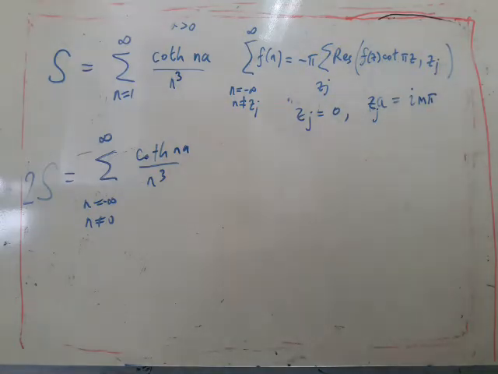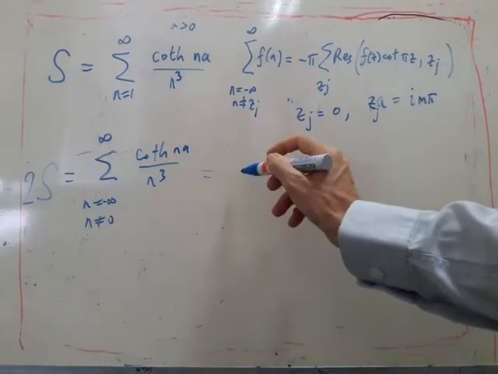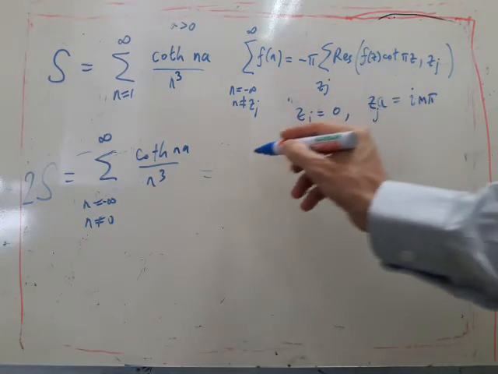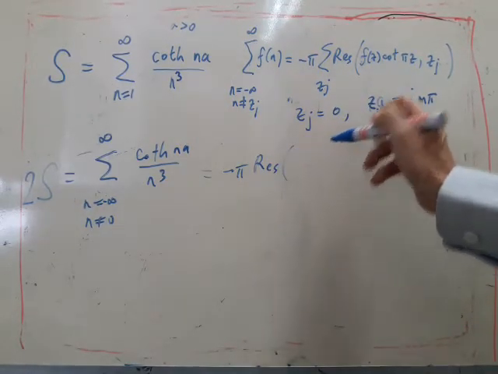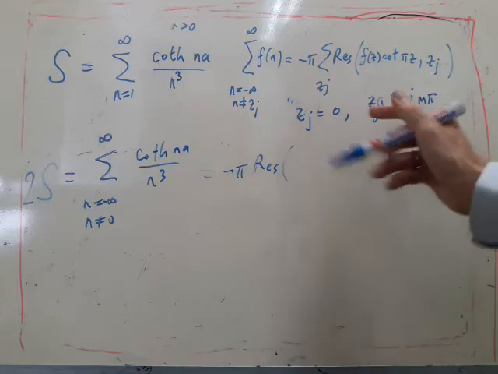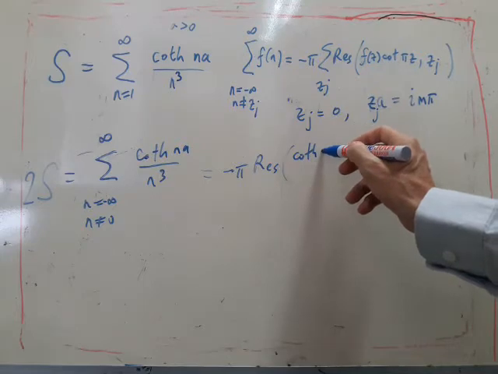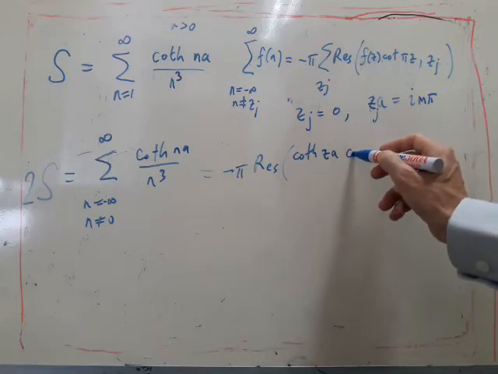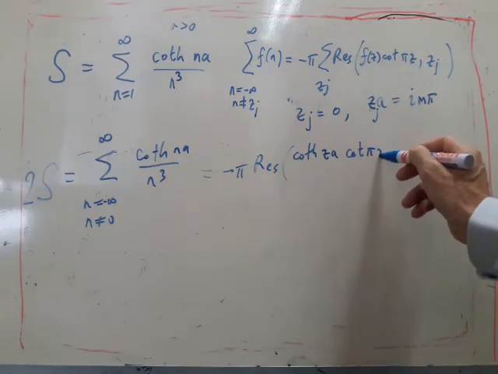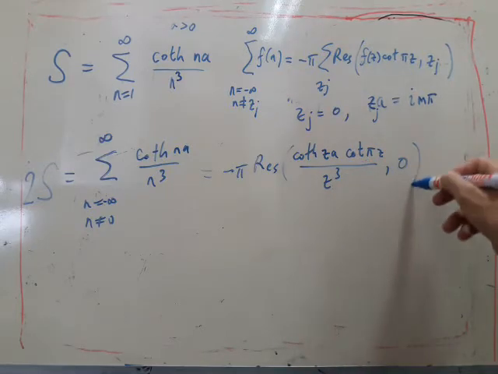Which includes 0, but so we end up with, let's do the 0 ones separately. So we're going to have minus pi times the residue of, because that's a special, this is not a simple pole, the others are simple poles. So we'll have the residue of coth za cot pi z over z cubed at 0,